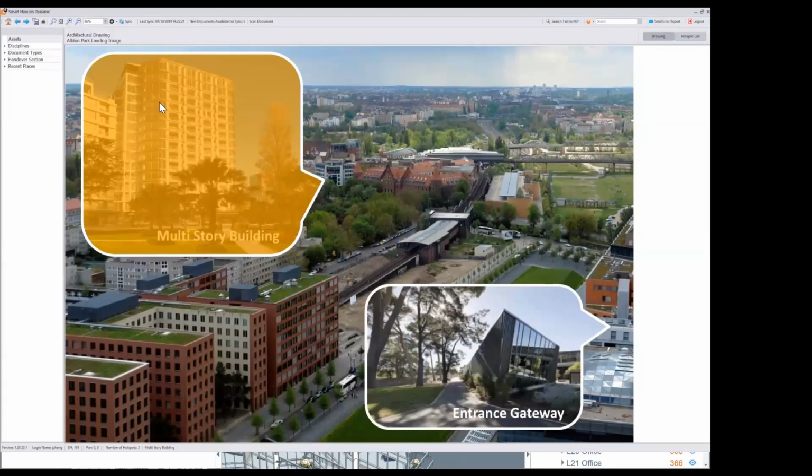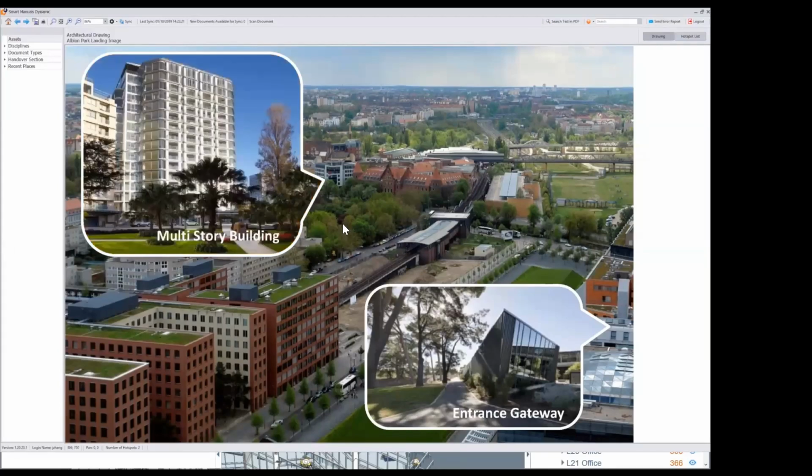So Aconex does not have a live interface to an operational building, for example, to monitor HVAC systems or something like that. That's not the purpose of Aconex. But what we do within Oracle is we do a digital handover from our Aconex as-built baseline into our facility management software called Primavera Unifier Facility Management.